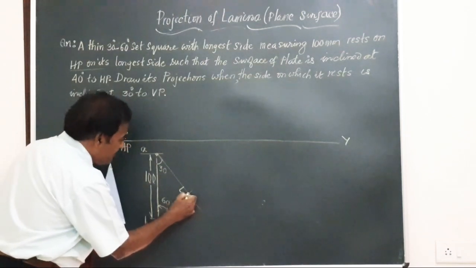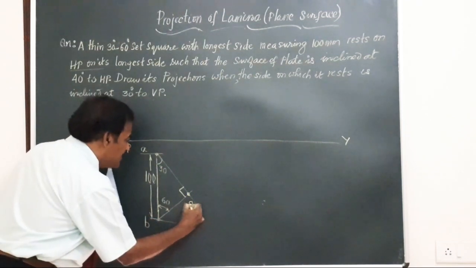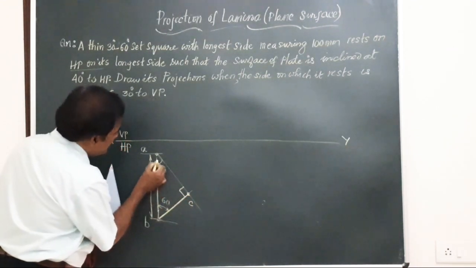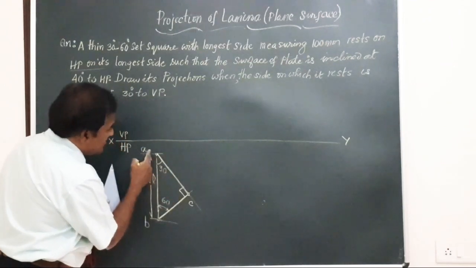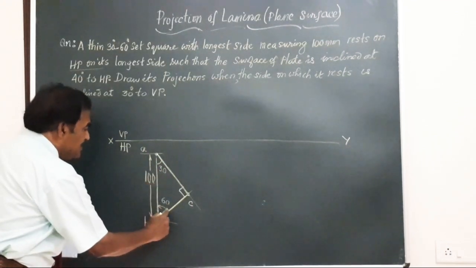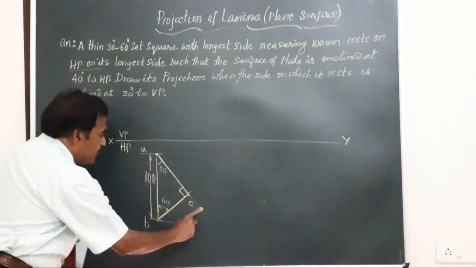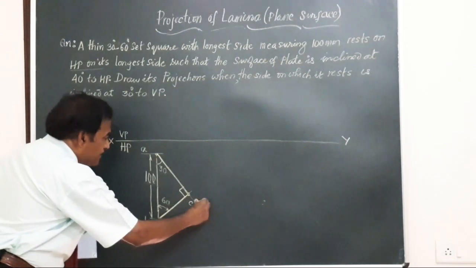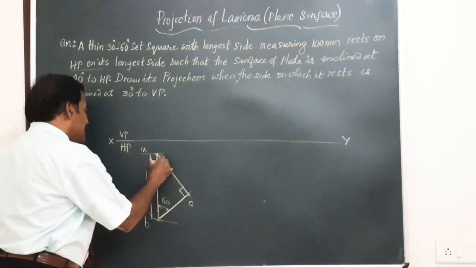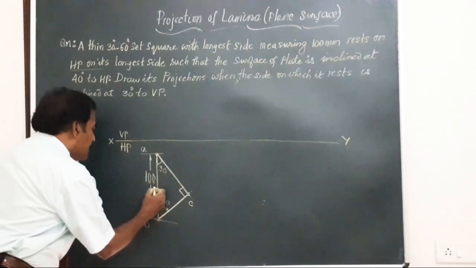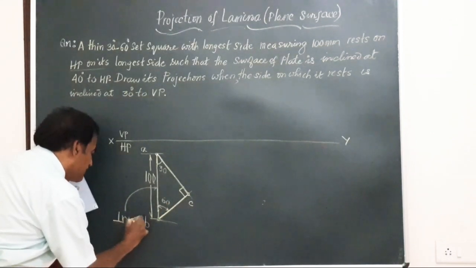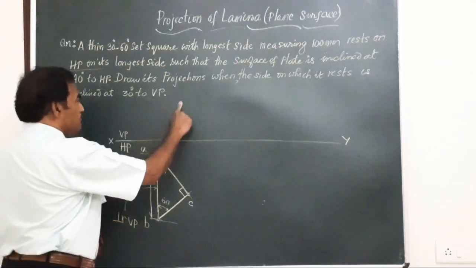So complete this figure. This is AB, and this is going to be the third corner. So join C to B, join C to A. Remember, this AC is perpendicular to BC. The angle A is 30, this angle is 60, this is 90. So we have successfully completed drawing of this triangular plate, that is a 30 degree set square, where this side AB is perpendicular to VP.